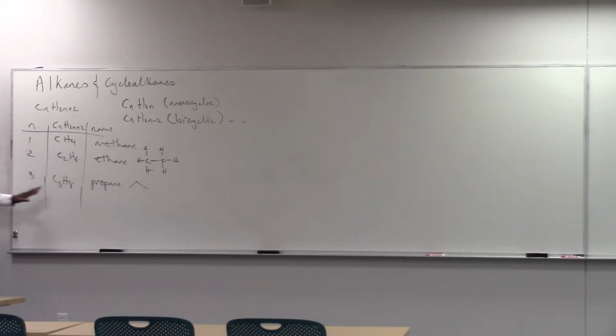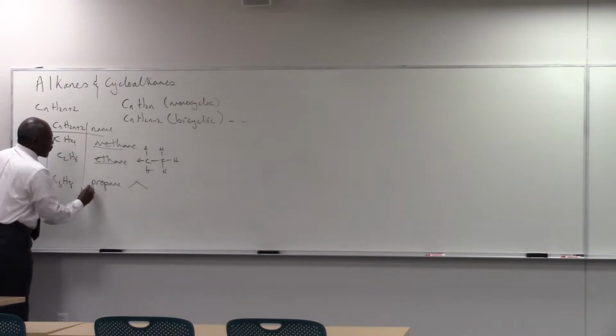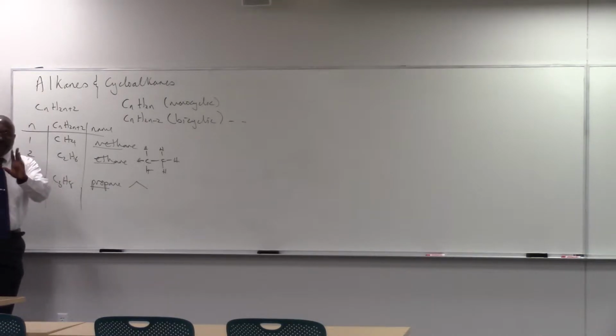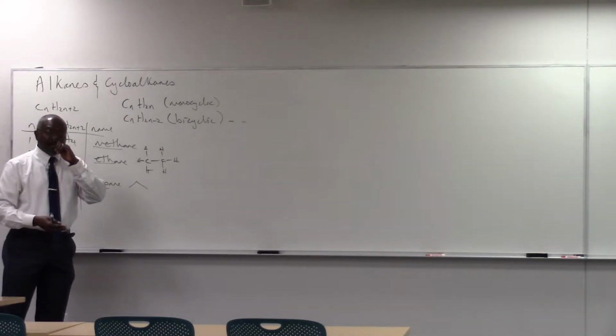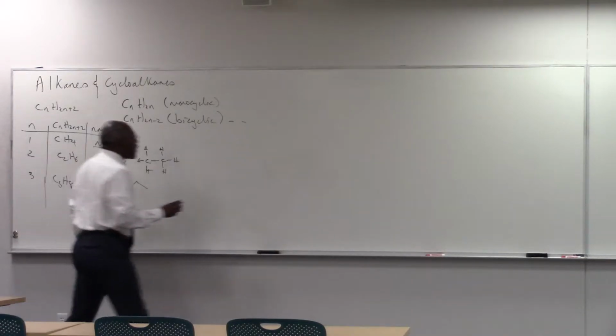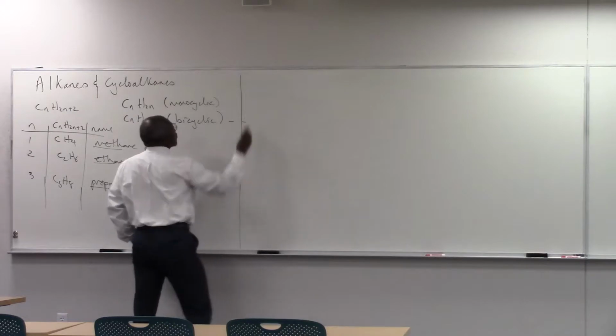And then once you get into C4s and beyond, you start getting isomers. You start getting constitutional isomers of the alkanes. So we've covered this before. I'm not going to get into more detail. I would remind you, you're responsible for the prefixes, the meth, the eth, the prop, for C1 to C12. We've talked about that before. You can go over one of the previous lectures on nomenclature, and you can cover that. What we're going to do is talk about the properties